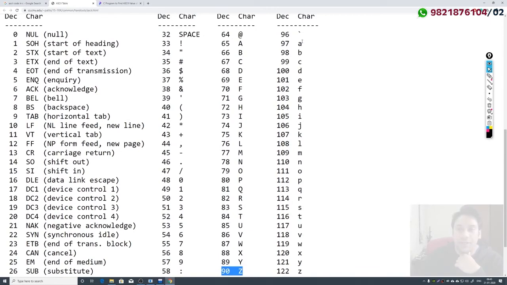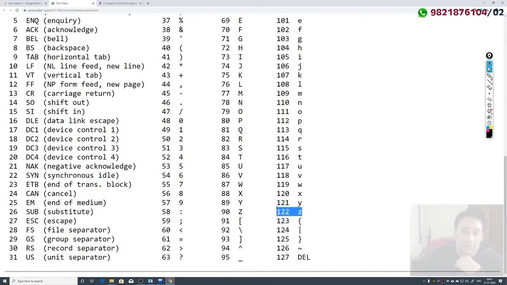Now for small a it is 97, for small b it is 98, for small c it is 99, and for small z it is 122. So you should know some of these ranges. You should know that to the characters 0 to 9 we have given the values 48 to 57.